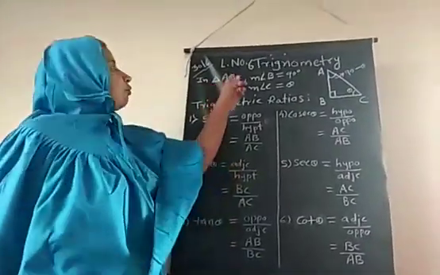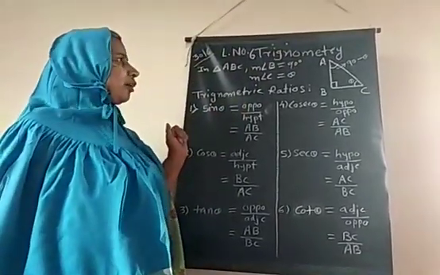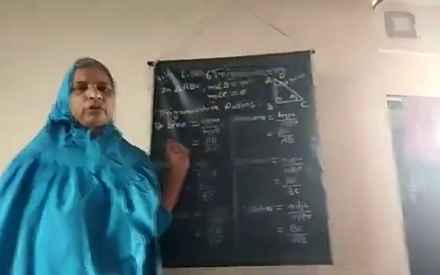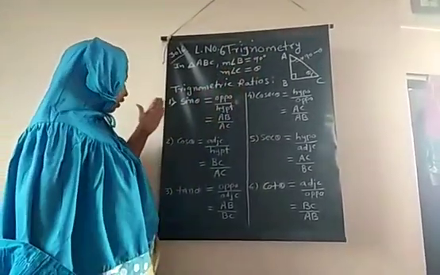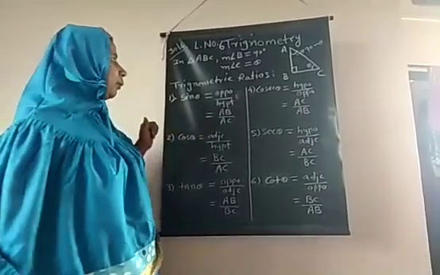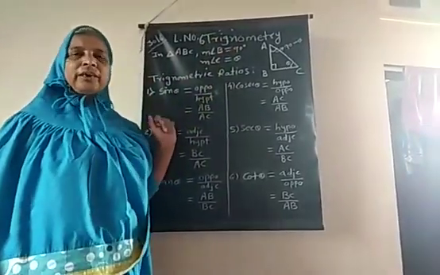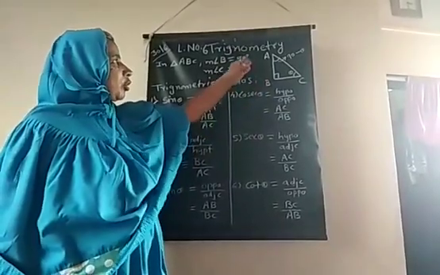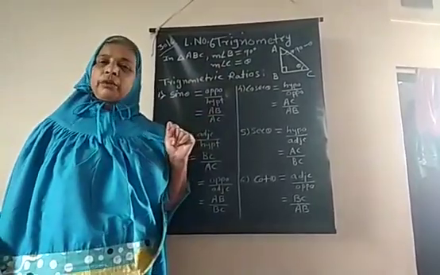Today we are going to start lesson number 6, trigonometry. In 9th standard also you learned some trigonometrical ratios: sin theta, cos theta and tan theta. So now let's revise that once again. Trigonometry is basically based on the right angle triangle, that is a 90-degree angle. Unless one angle of the given triangle is 90 degrees, we cannot use the trigonometrical ratios.